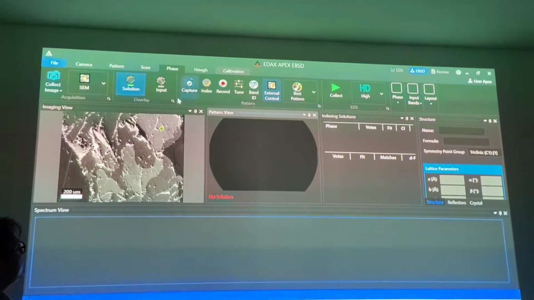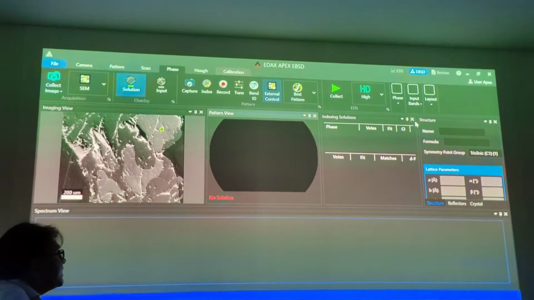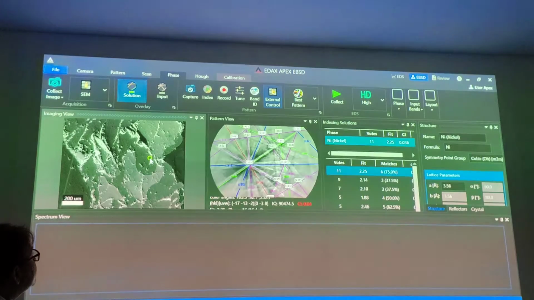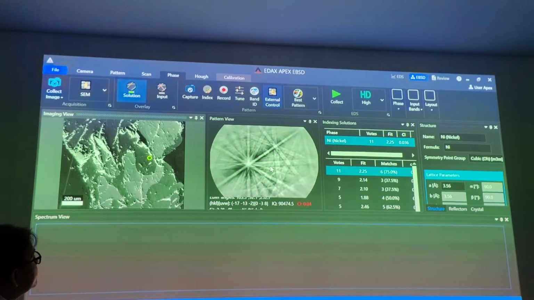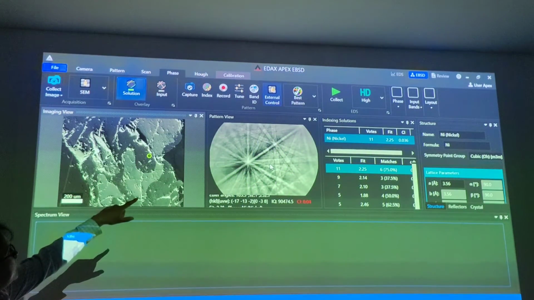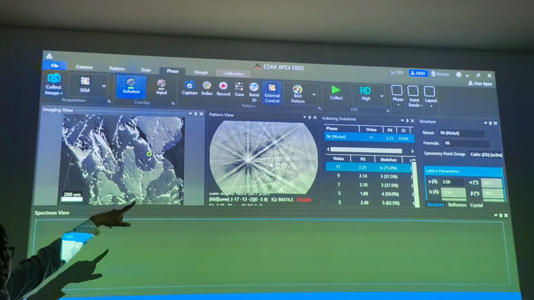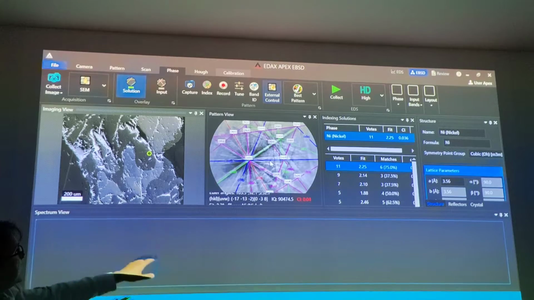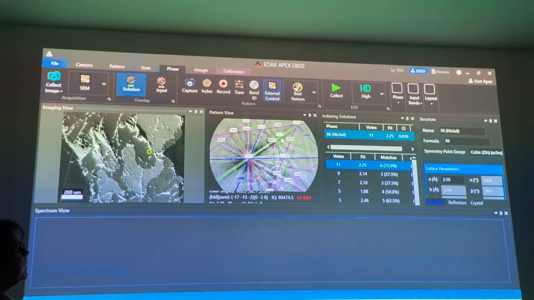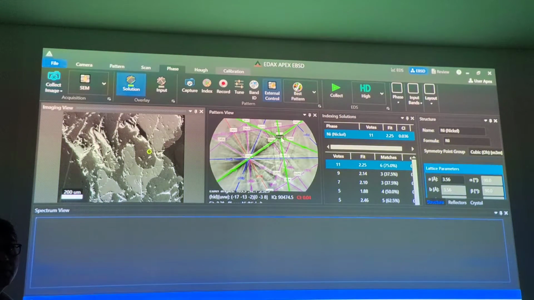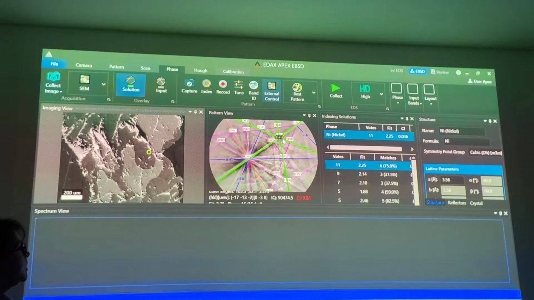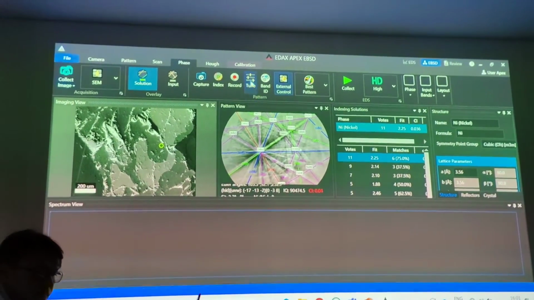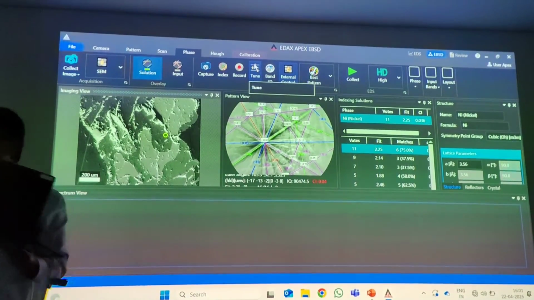So basically what the software will do, it will try to match against this particular database. So let's say if I click here. If you see in the background, the gray scale pattern you are seeing, the diffraction pattern, that is coming from your sample surface. That is basically the raw pattern. And whatever this color coding you are seeing, that is basically coming from the database. So now it is trying to match the diffraction pattern against that particular database based on the library which was created.